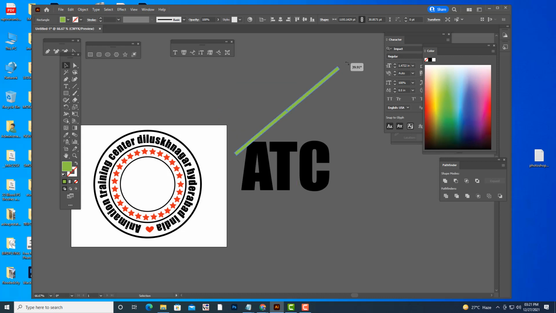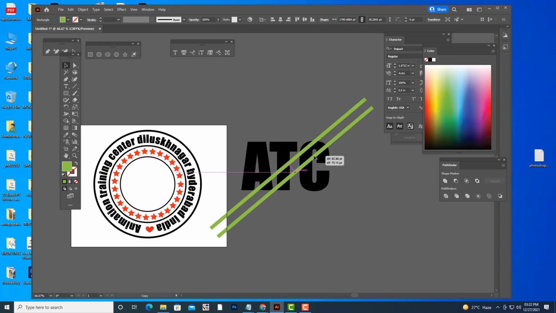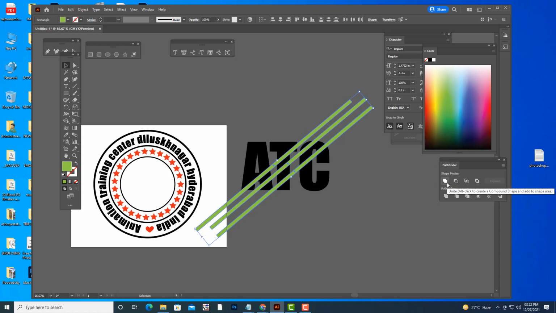We can rotate it like this, try to adjust it properly, and take one more duplicate. We'll select all these objects and unite. Then we'll select this, and then say Minus Front.